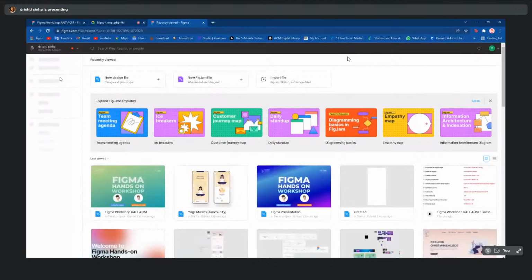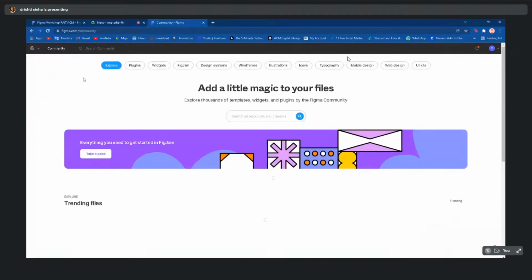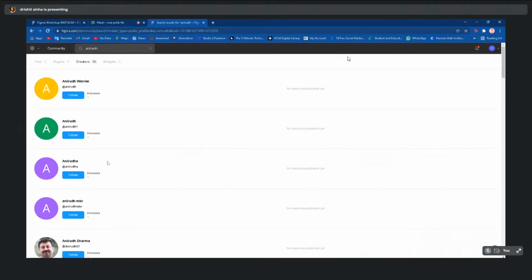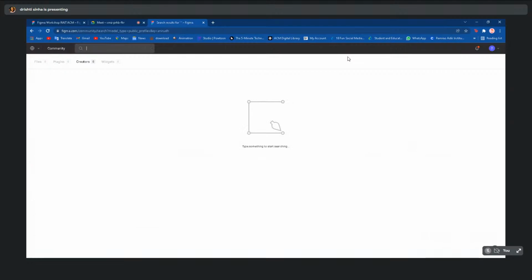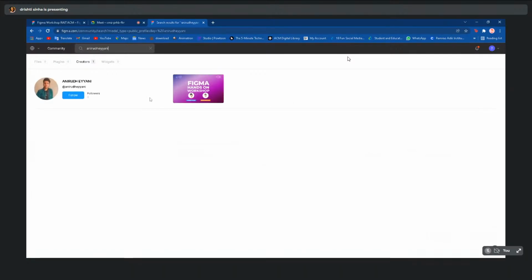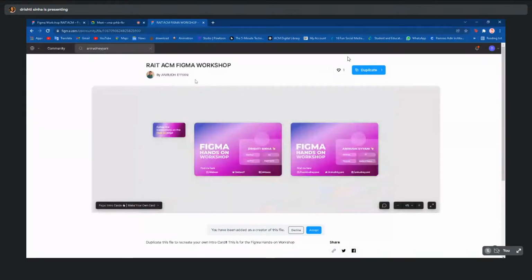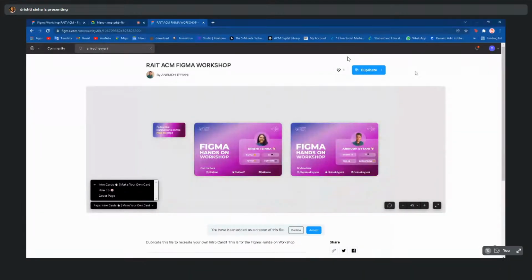So when you go to the community part and search for Anirudh, I think I should find it. But let's see, how do I search Anirudh? I don't find you. Put the whole name. Ah, so you'll find this. Click on this. Just search for Anirudhyani in the community. You'll find this. All you have to do is duplicate. When you click on duplicate, this file will open,